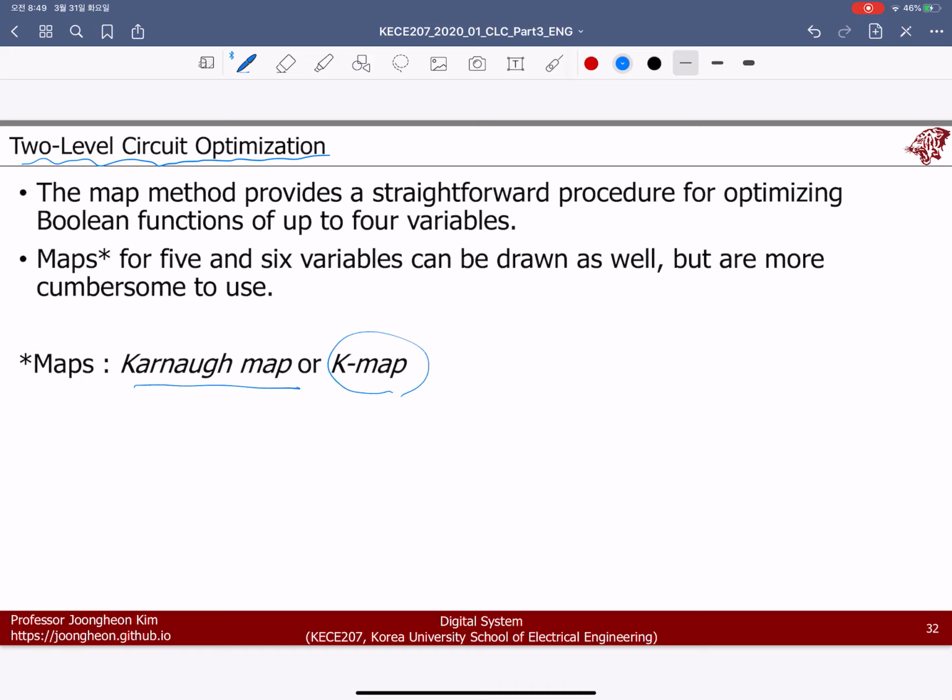So using the K-map, we can reduce the number of gates. It is also related to min terms, what we studied previously. The map method provides a straightforward procedure for optimizing Boolean functions. Here, optimizing the Boolean function means that we can use the minimum number of Boolean gates or Boolean variables. That's why we can minimize the logic in terms of the number of the